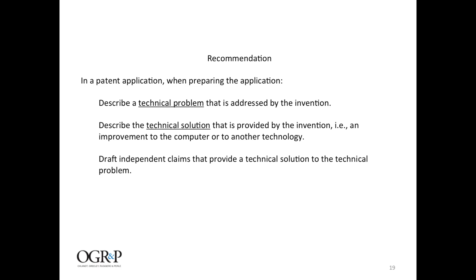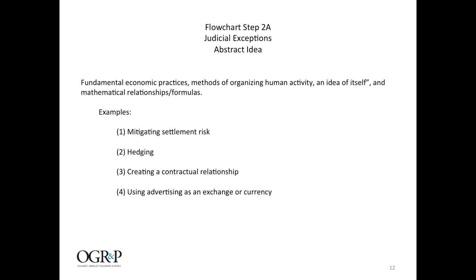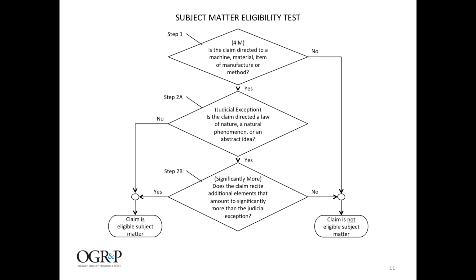And again, let me make it clear what I'm talking about. Back to the flowchart on page 11. I'm assuming everybody here has some experience with patents. So, a patent application has been filed, I've received an office action. Claim 1 is being rejected as being directed to non-patentable subject matter. It's being rejected under 35 U.S.C. 101. One of the things I could do is go to this step here and try to convince